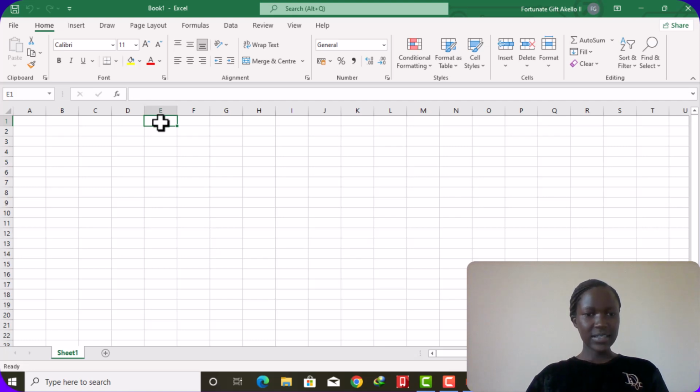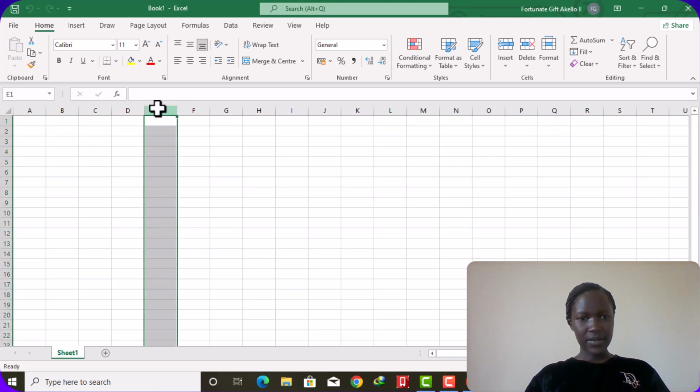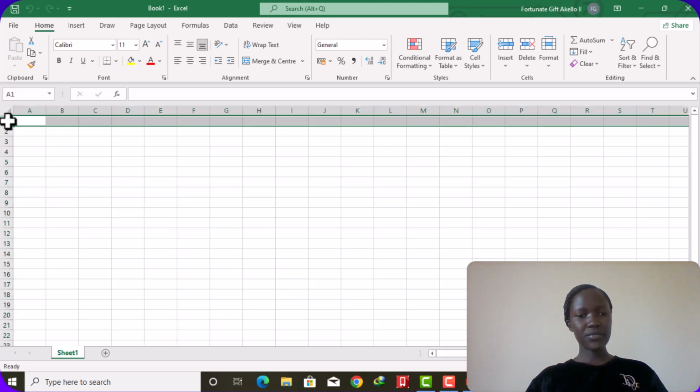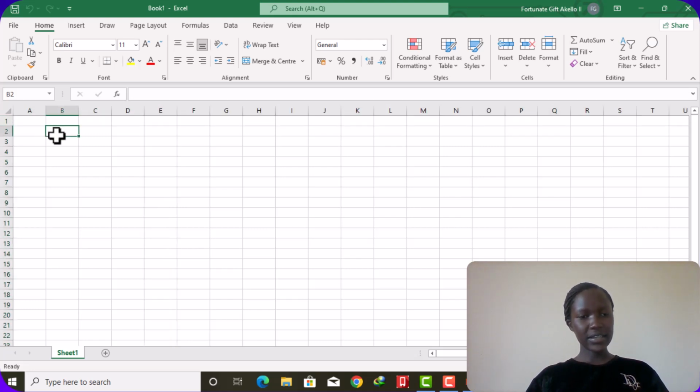This is a cell, and this vertical here is a column. Then the horizontal, the vertical having the letters of the alphabet, and then the rows are the ones that are in this numeric notation. And yeah, so this is a column, this is a row, that is a row. Then a cell is an intersection of a column and a row,